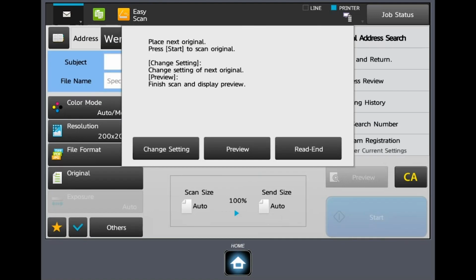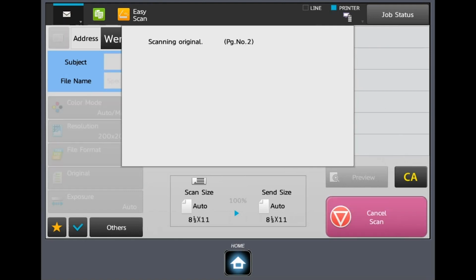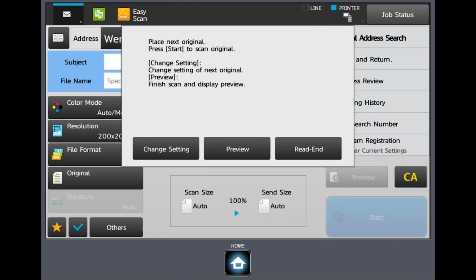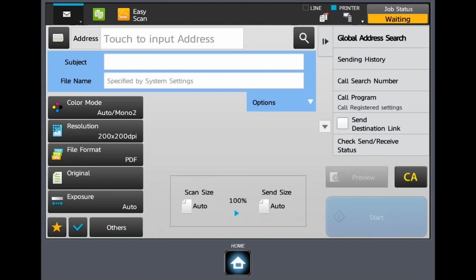scan your first 150, and then load in your next 150 into that document handler and just follow the instructions. So you want to scan another 150, and I can keep doing this all day long. And then once I'm done, I can either hit preview or I can hit read end. And now my 300 documents have been scanned to me if the file size wasn't that big. But I can also use that Send Destination Link as well to retrieve that file. I'm going to clear all and go back into Others